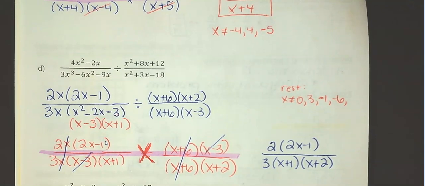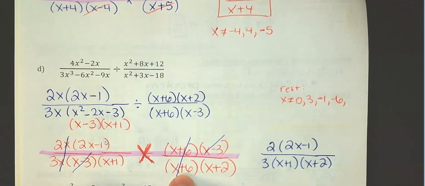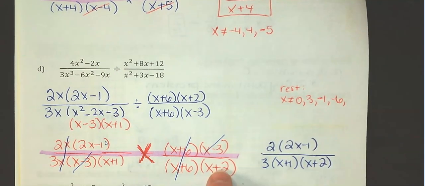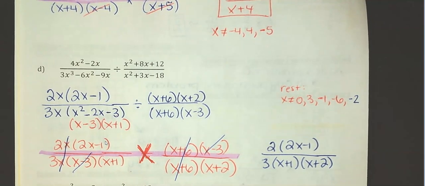I'm not trying to make it more difficult for you guys. If you can factor it, just leave it in that format. And then I just got to go back really quick. The only thing I would add to a restriction here, when I flipped this second fraction over, that introduced x plus 6 and x plus 2 into the denominator. I've already excluded -6, but I do need to add on that -2 is now a problem as well when I flip that second fraction